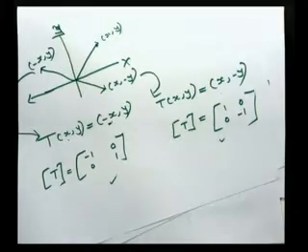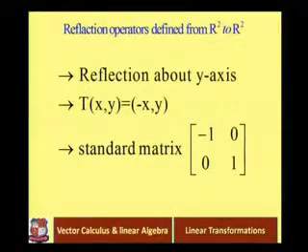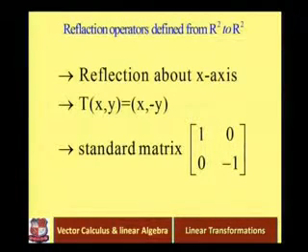Okay, so we can define reflection about the y-axis as I told you: T of xy is equal to minus x, y, and our standard matrix is minus 1, 0, 0, 1. I already explained how this standard matrix is obtained. Again, reflection about the x-axis, T of xy is equal to x, minus y. So what is the standard matrix? Take the first coordinate x. x is the first coordinate on the right side, and what are the coefficients of x and y in the first coordinate? 1, 0. So that is the first row of our standard matrix, and the second row is 0, minus 1.